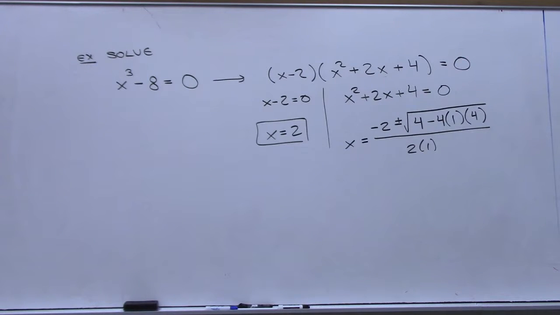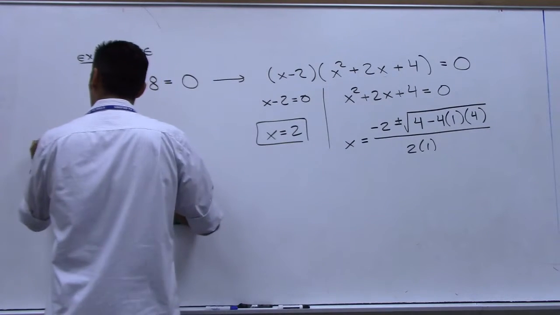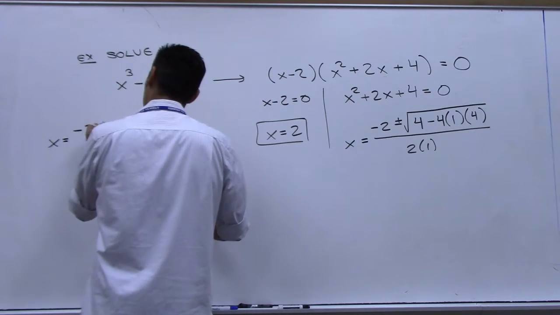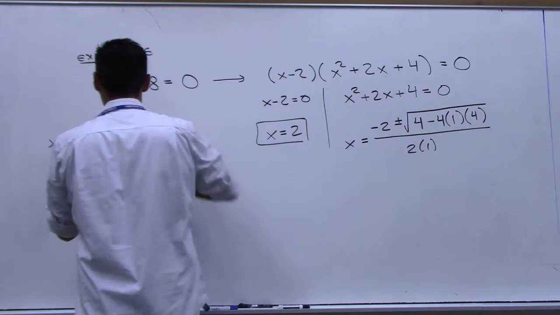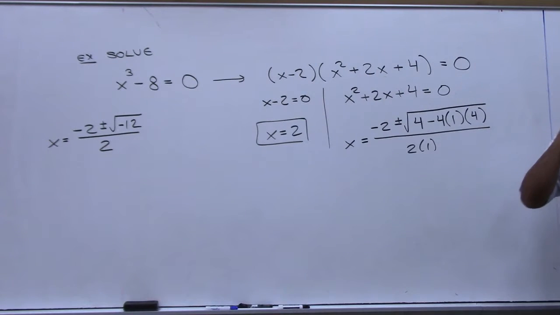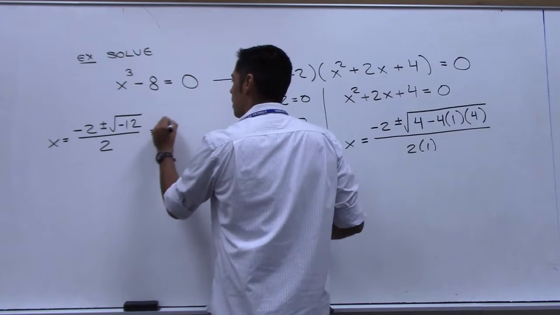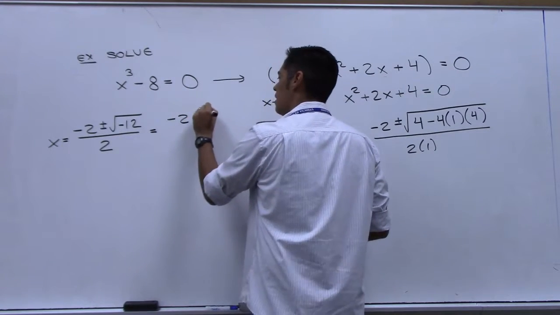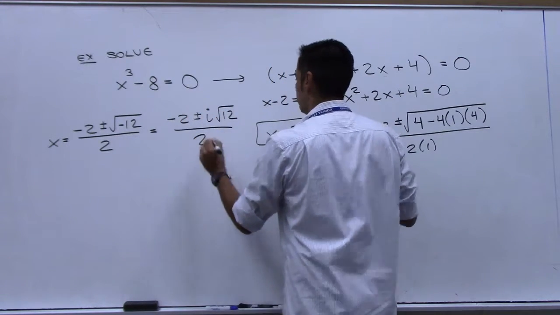So what's underneath the root? It turns into what? 4 minus 16, which is negative 12. All right, so here's where I'm at. x is equal to negative 2 plus or minus the square root of negative 12, all over 2. We good? Now, anytime you see a negative under a square root, you know that the negative can go away and an i will appear outside the root. So this is going to turn into negative 2 plus or minus i root 12 over 2,